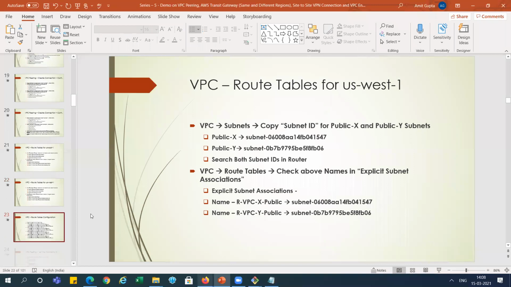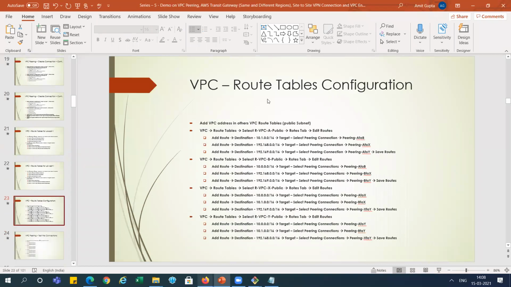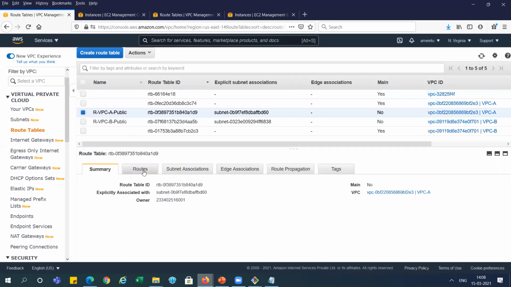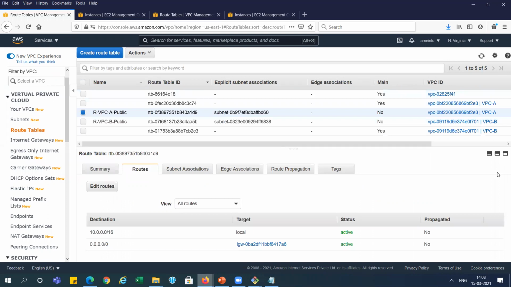So next step, we need to do the configuration, right? So we need to add a destination, right? Suppose in the route table we can define the flow. We can see in the route table it is currently showing the local route, right? And the internet gateway is showing over here, right, in the public instance, but the other subnets' flow is not there.